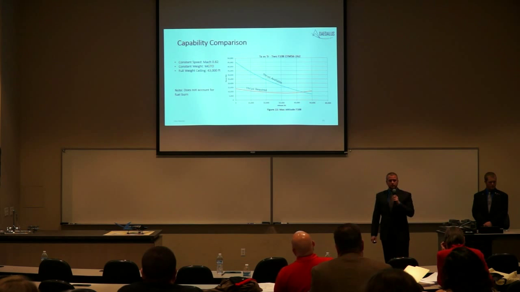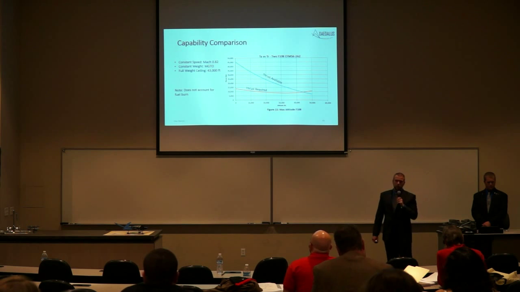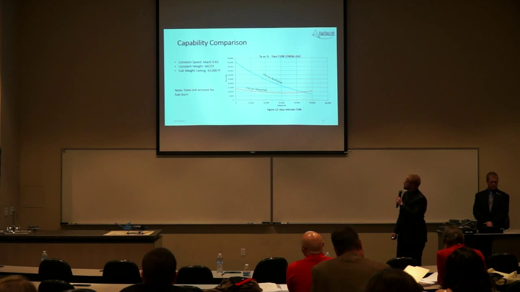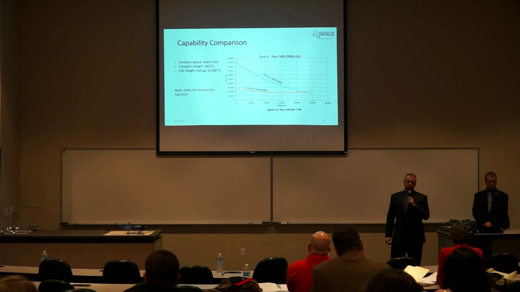Assuming a constant speed and a constant weight as we climb, of our cruise speed, Mach 0.82, the constant weight being our max gross takeoff, we're able to get an estimate using our thrust available versus thrust required calculations for our absolute ceilings. Here you can see that it's about 43,000 feet. However, if we account for the loss in weight due to fuel burn, we have calculated an absolute ceiling of 48,000